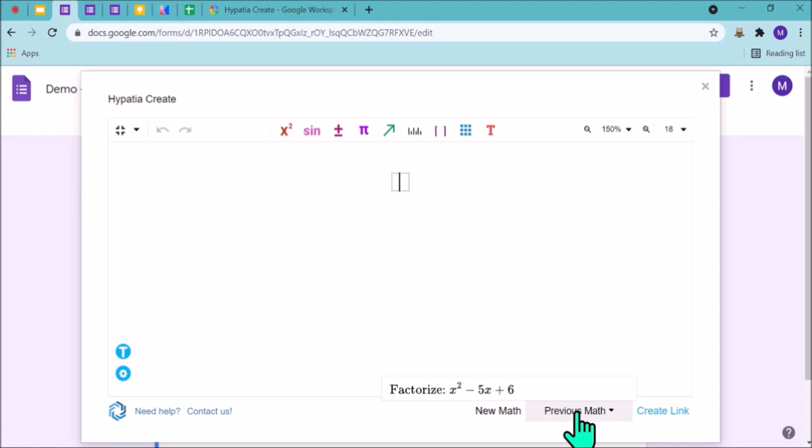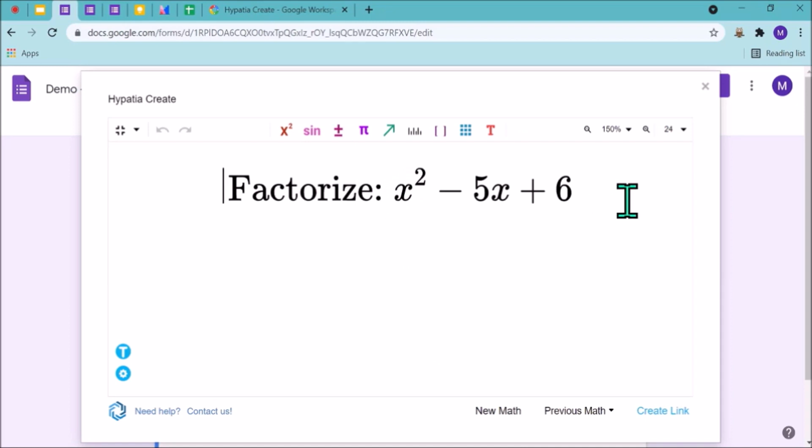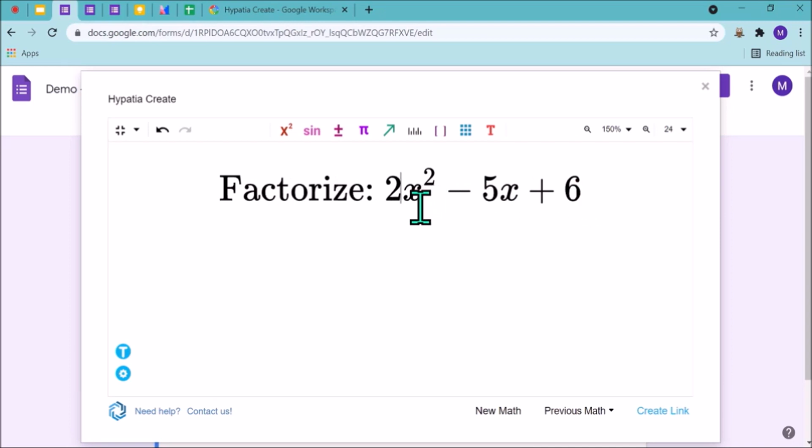In previous maths, there are almost 7-8 last type questions here. We have just typed one question, so it is showing 1. I have to click here. If I want to change it, I just go there. It is already in maths mode. I can edit this. Suppose this is 2x square plus 3x plus 2. I have changed it. But insertion will take the same time. And that is also not much if you are habitual of it.